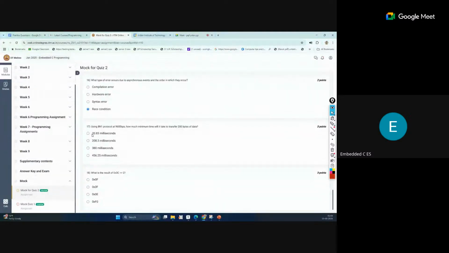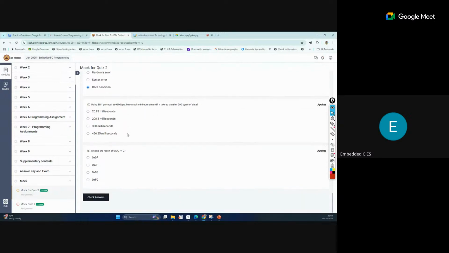Okay, next, the 17th question: using the 8N1 protocol at 9600 bps, how much minimum time will it take to transfer 200 bytes of data? What is the meaning of this protocol? How does it send the bits? Can anyone tell me?